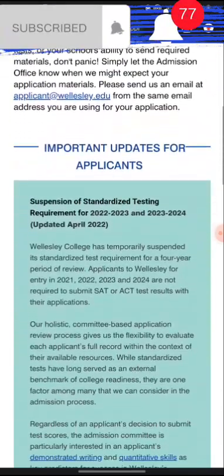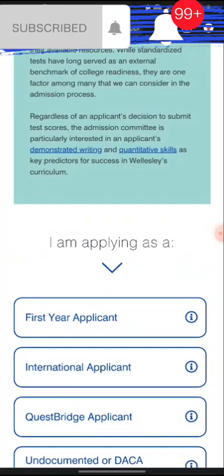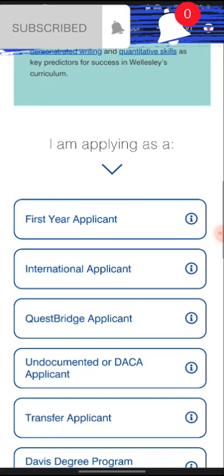Okay, so now they are giving us information again about the standardized test policy being waived. Here you need to select what you're applying as, maybe as a first year applicant or as an international